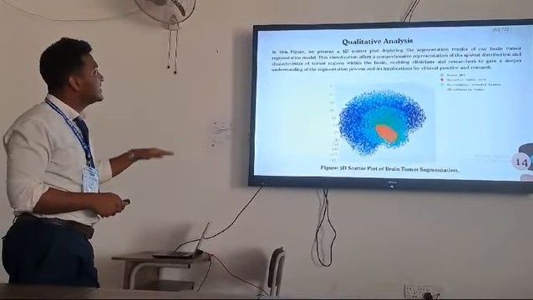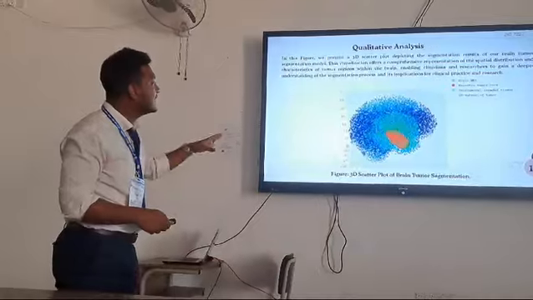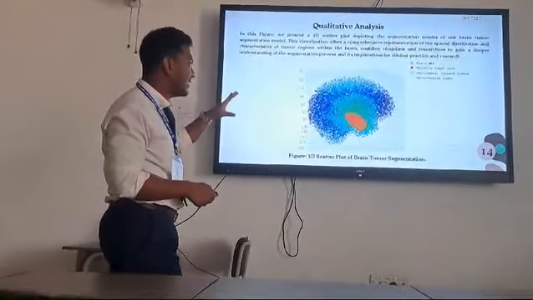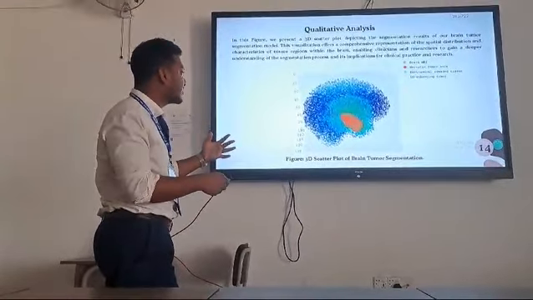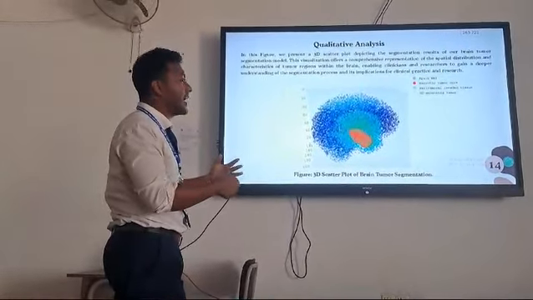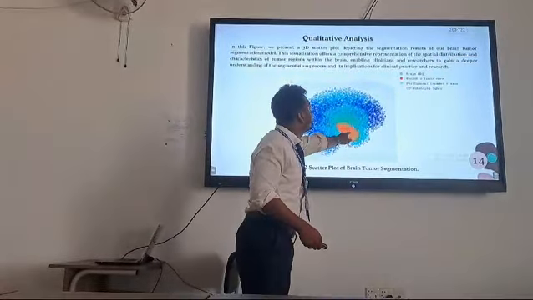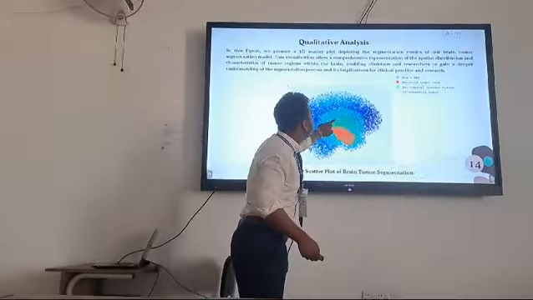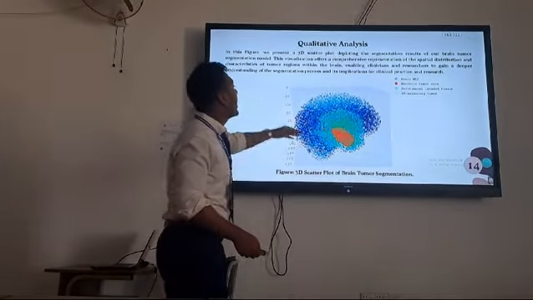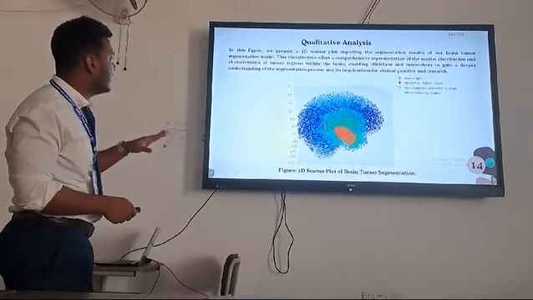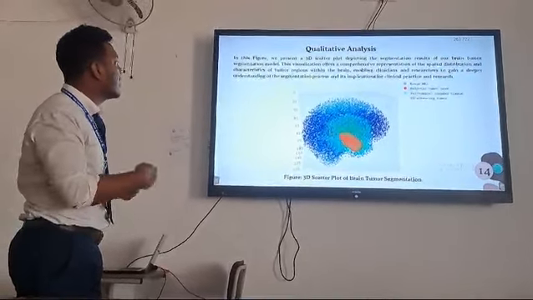So this is the qualitative analysis. You can see the output of our model, how clear it is, and it's a 3D output. I think it will help doctors and other researchers to visualize the MRI of a brain tumor. This is the necrotic tumor core, which is the red one, this is the peritumoral edematous tissue, and the others are the enhancing tumor. So this is a pretty clear model. I think we can also develop this further.